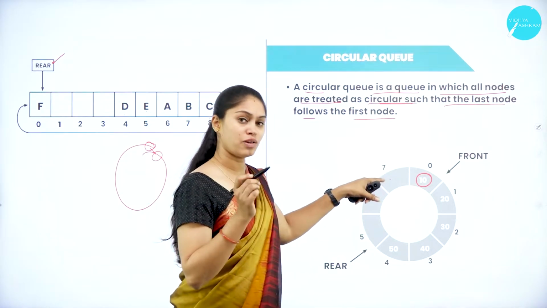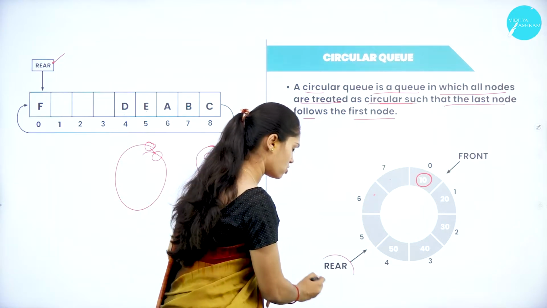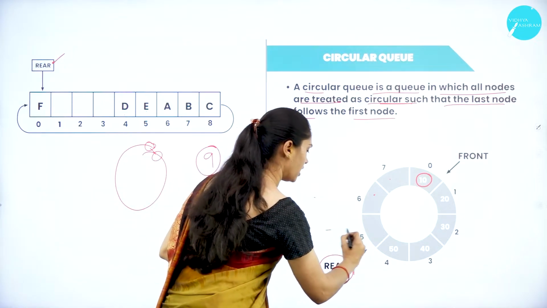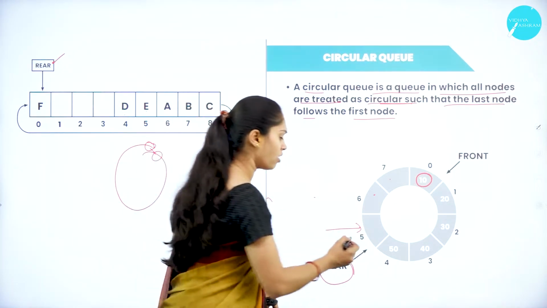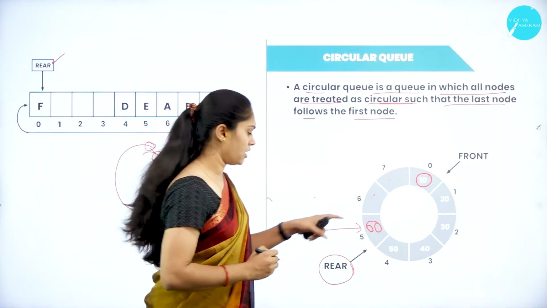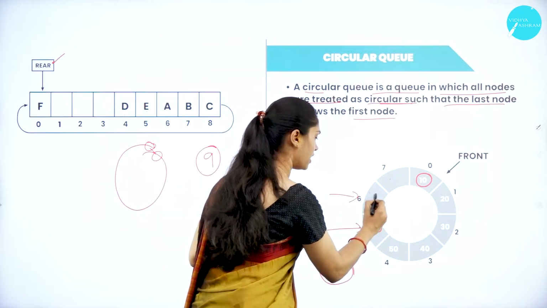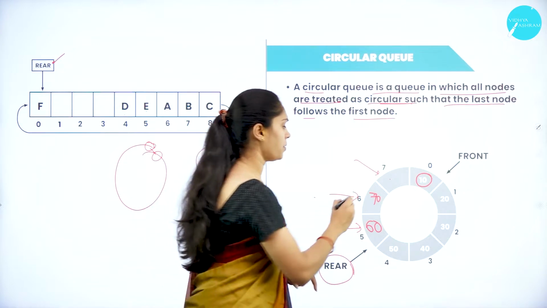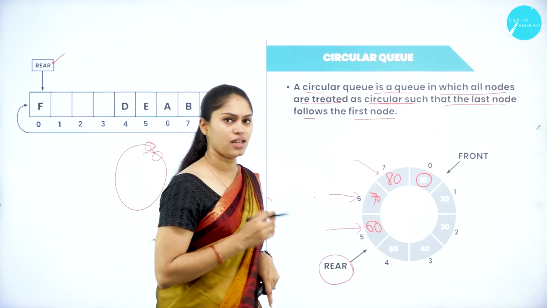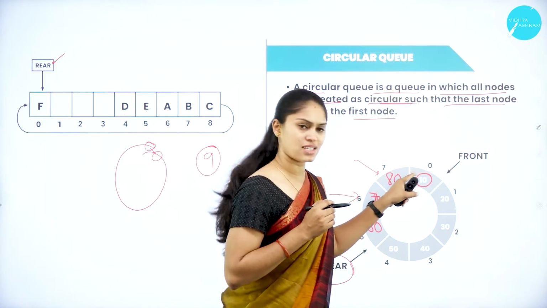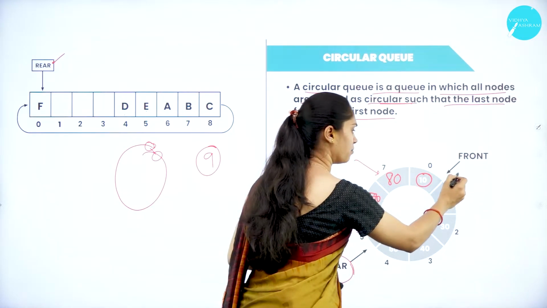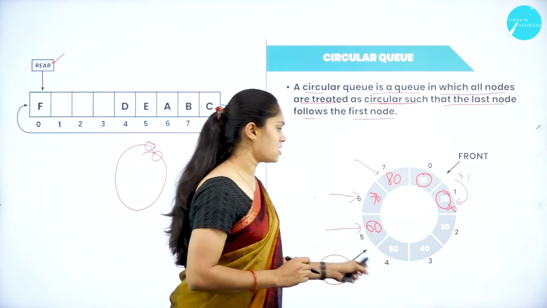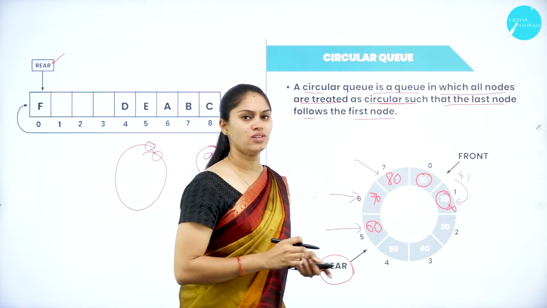If I want to add, from which end do we have to add? That is by making use of the rear end. If I increment the pointer of this rear end by 1, then it will indicate the location 5. So now I can add an element called 60. I can increment by 1, then I can add an element called 70. If I increment the rear by 1, it will locate here, and I can add an element called 80. I am going to delete this front element, that is 10 will be removed. Then this will be incremented by 1. Now it is pointed here, 20 will be removed. So in this way, in the circular format, it takes place.